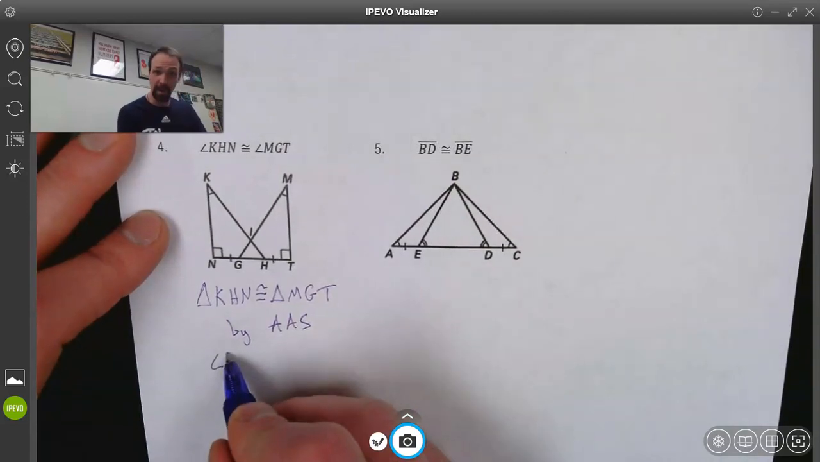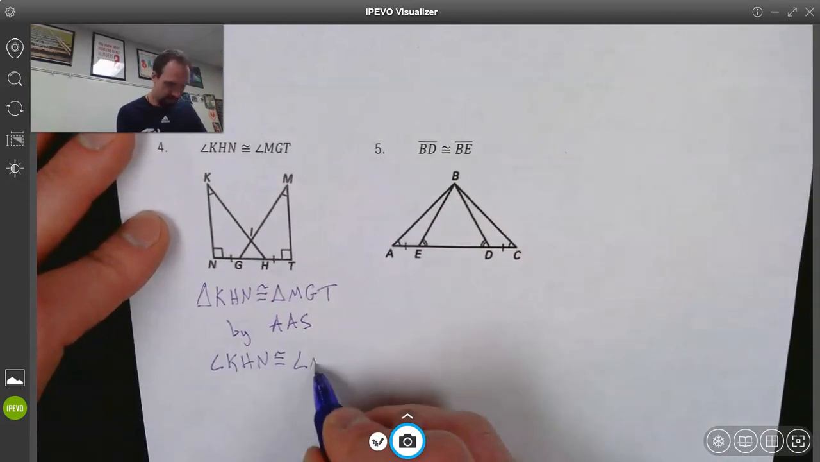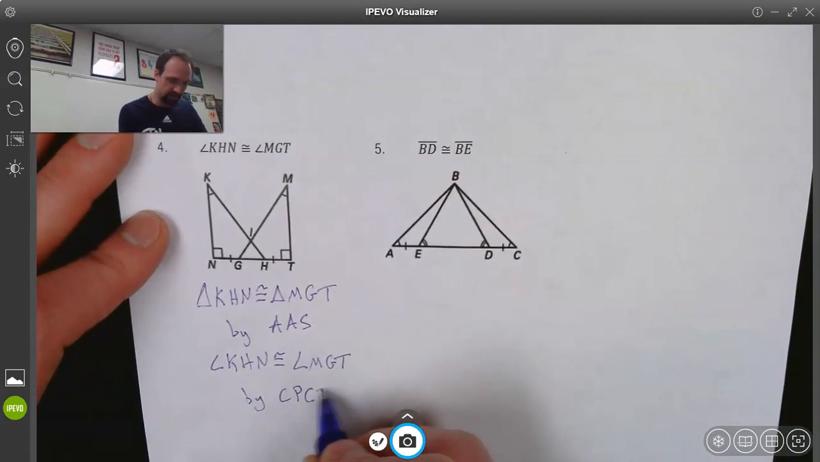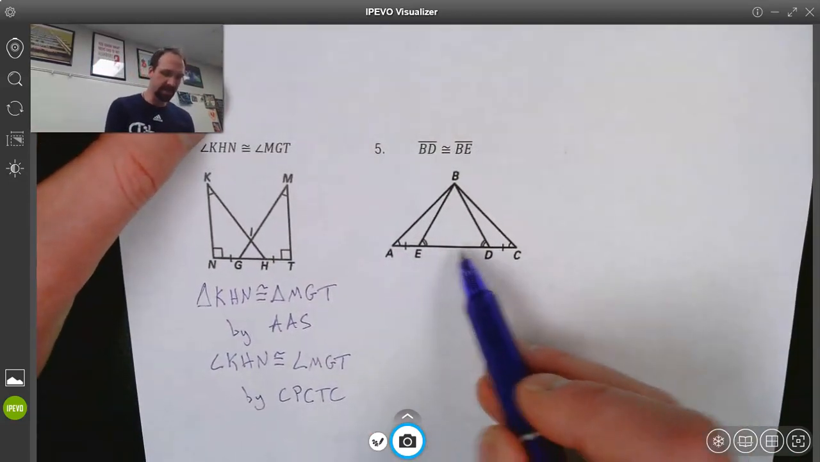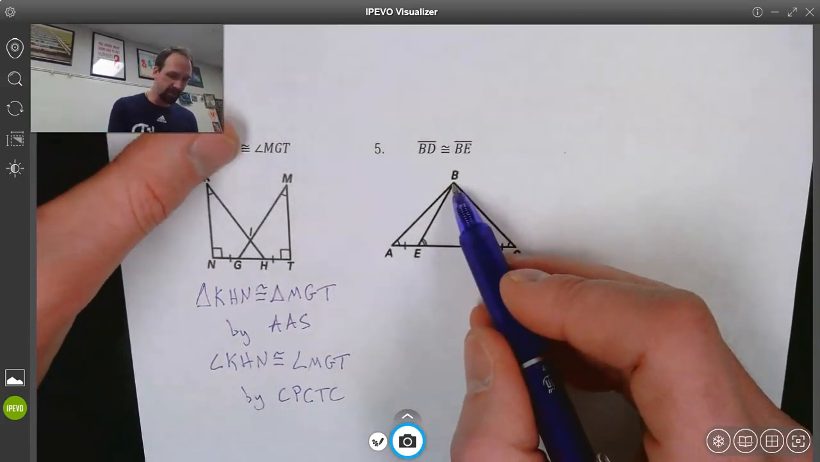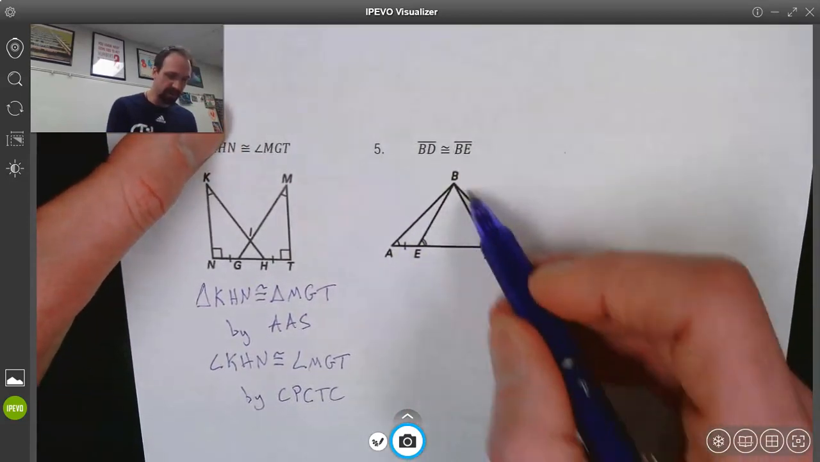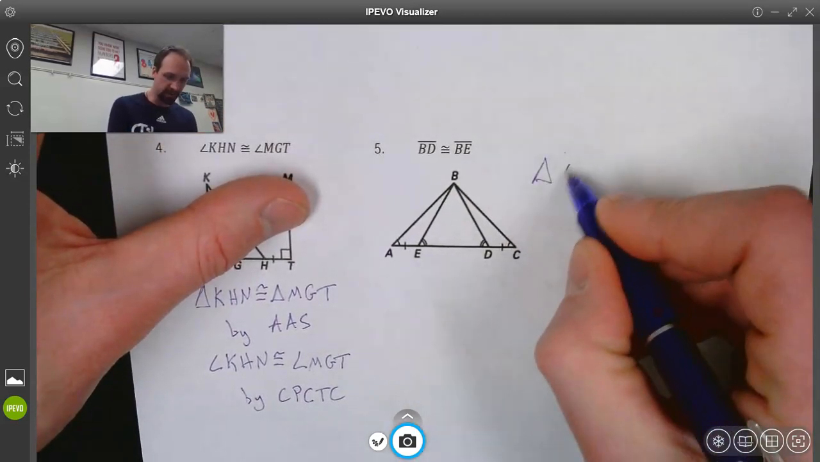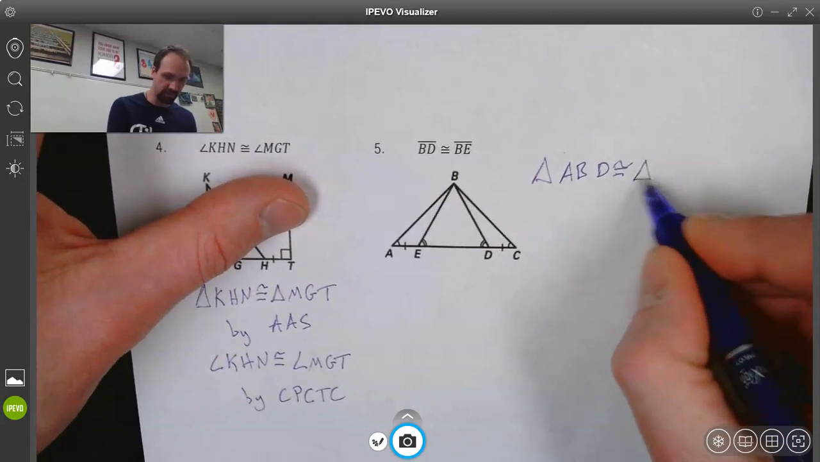And then I can say angle KHN is congruent to angle MGT by CPCTC. This last one is very similar to the one that we just did, because this segment ED is congruent with itself. What I have is triangle ABD is the same as CBE. So what I need to show then is triangle ABD is congruent to triangle CBE